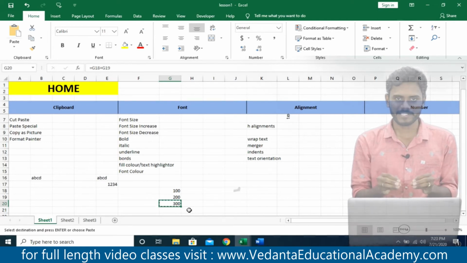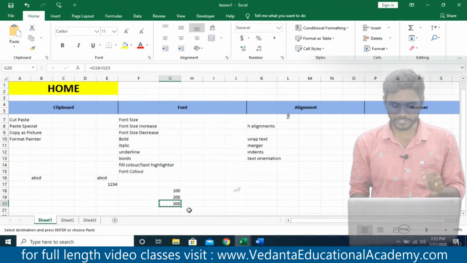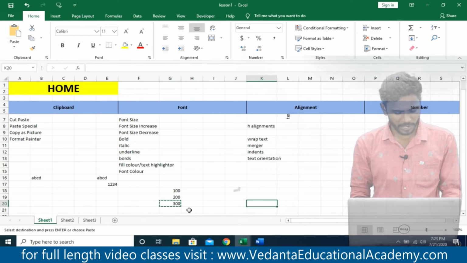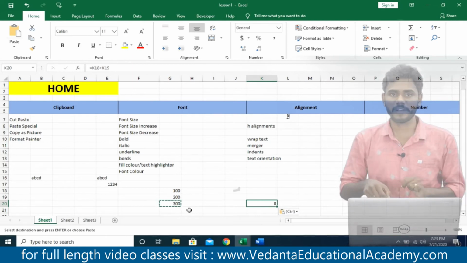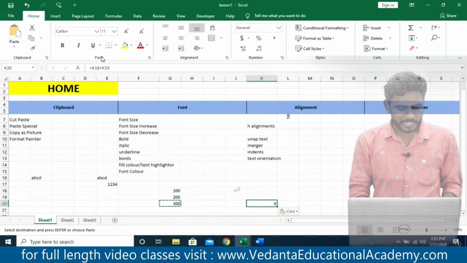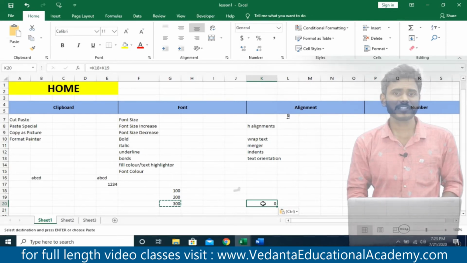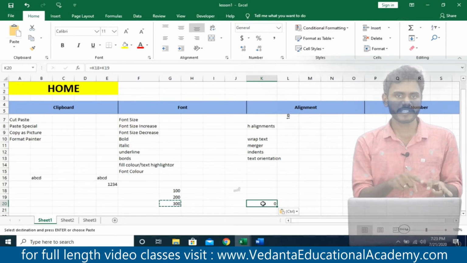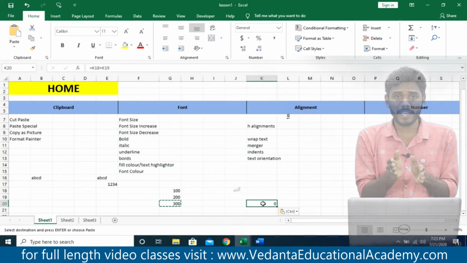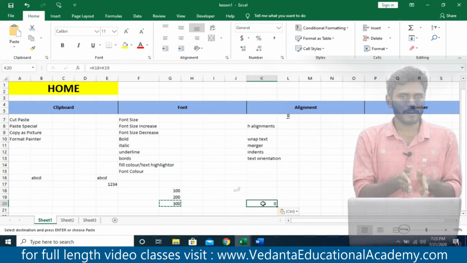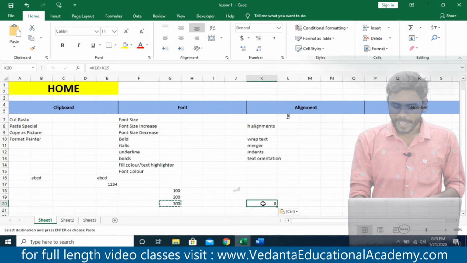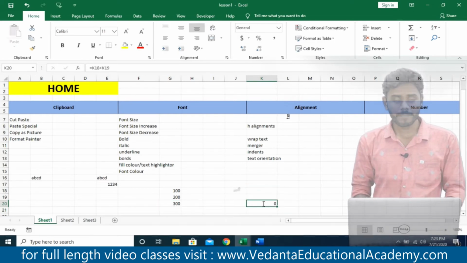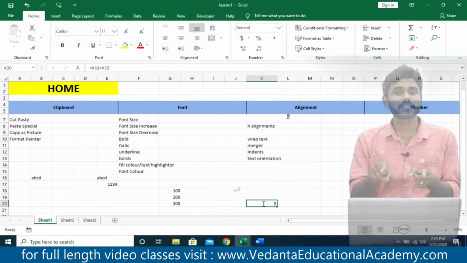So in these particular cases, we need to use paste special. If you press Ctrl plus V directly, the system is going to carry the formula, right? So here the system has automatically changed it. Here I have copied a formula from the G column and here I pasted the formula in the K column. So automatically the system has changed the referenced values from G to K. Here the formula has been moved from the G column to the K column, but I don't want to repeat the formula. I would like to paste the number 300.